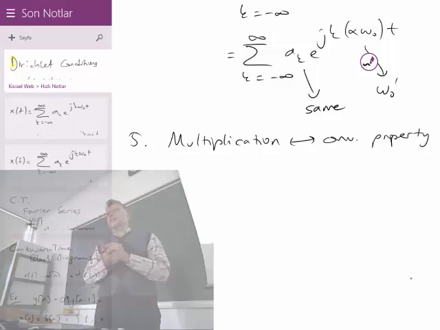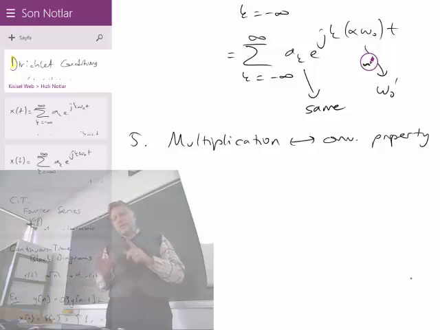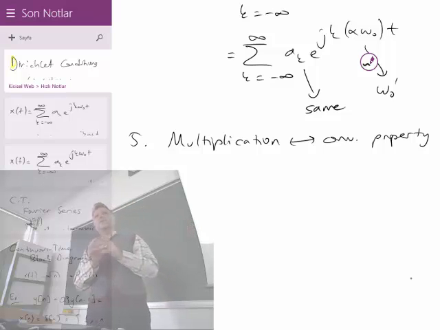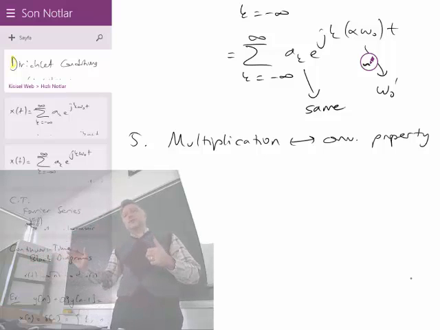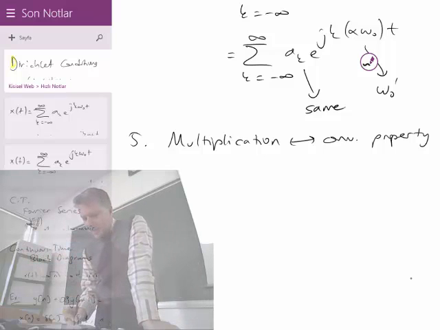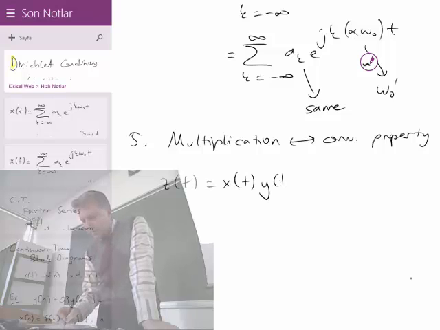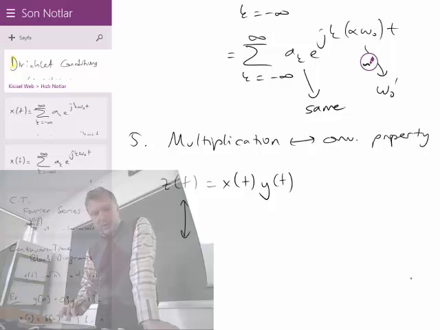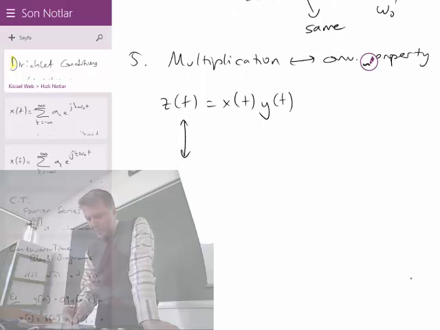The latter thing that I told you is not available to us yet. It will be available to us after we cover the Fourier transform. For the Fourier series, this is an easier thing. We will multiply in time domain, which will correspond to convolution in Fourier domain. What do we mean by that? It means that if you have a new signal z of t, which is equal to x of t times y of t, multiply them, then the corresponding Fourier series coefficient, let's call it c of k, will be equal to the convolution